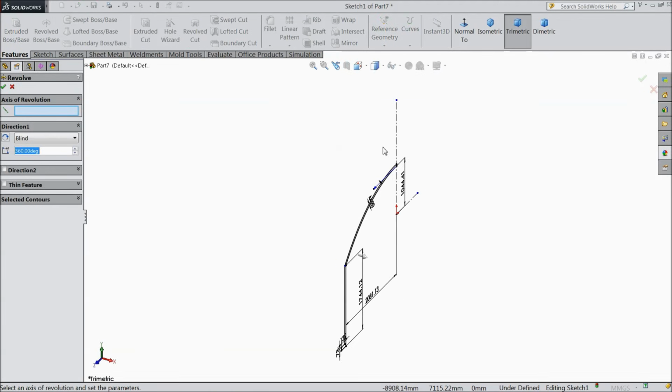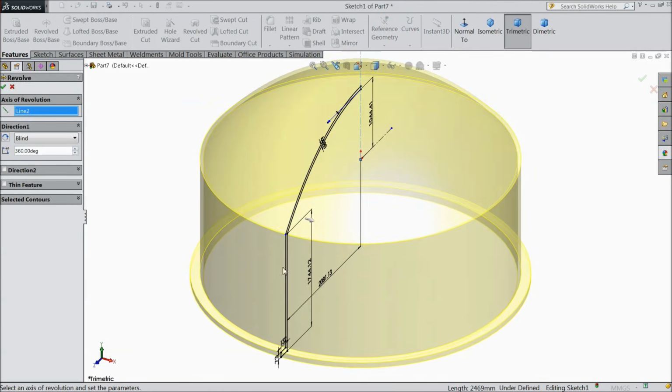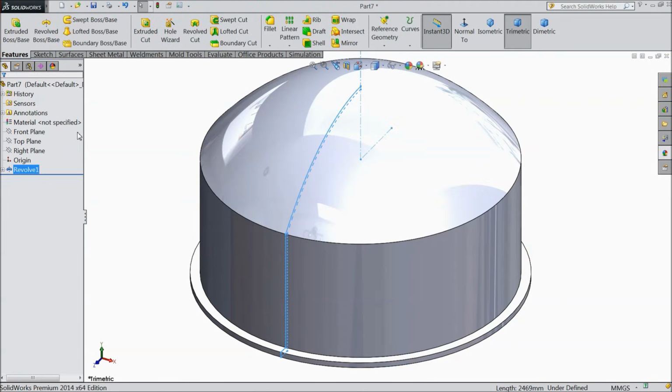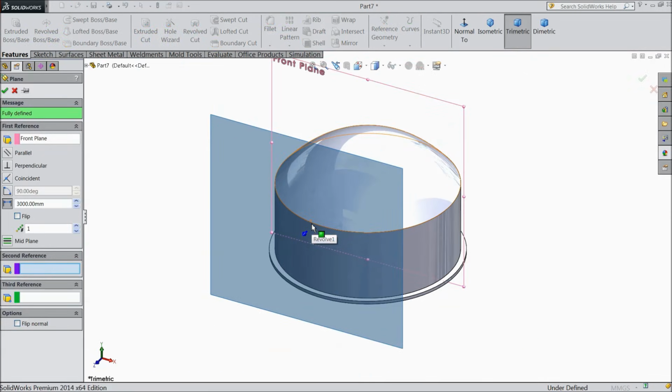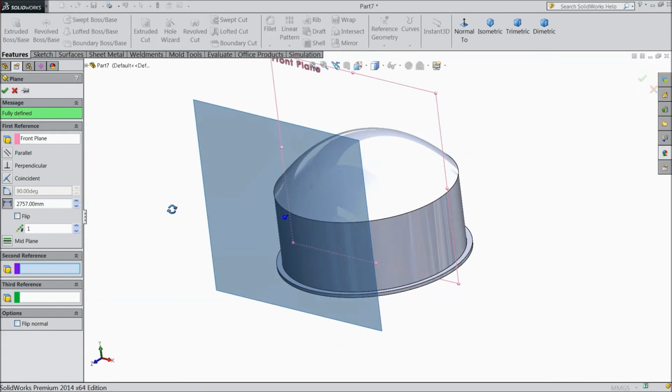Select revolve boss base and select this construction line. OK. Now choose front plane, and we want to create a plane for, actually we want to create a plane for inlet and exhaust manifold. (2757).